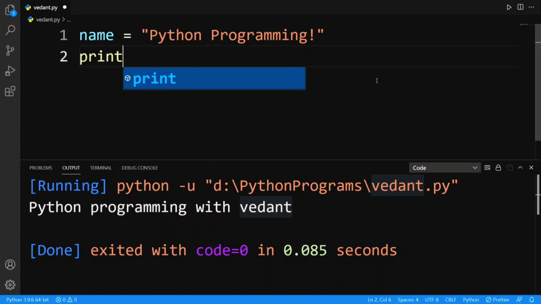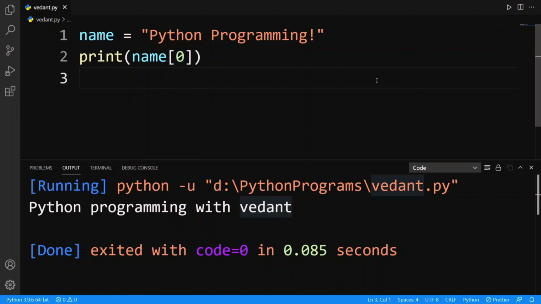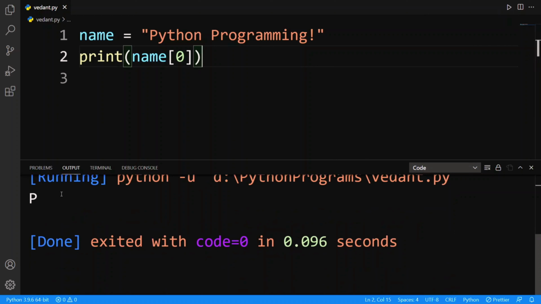If I print name and in these square brackets I pass 0, as I mentioned in my previous video, counting in Python or any other programming language begins with 0. So you count it like this: p is 0, y is 1, and so on. If I pass 0 here, then you can see that I will get p.